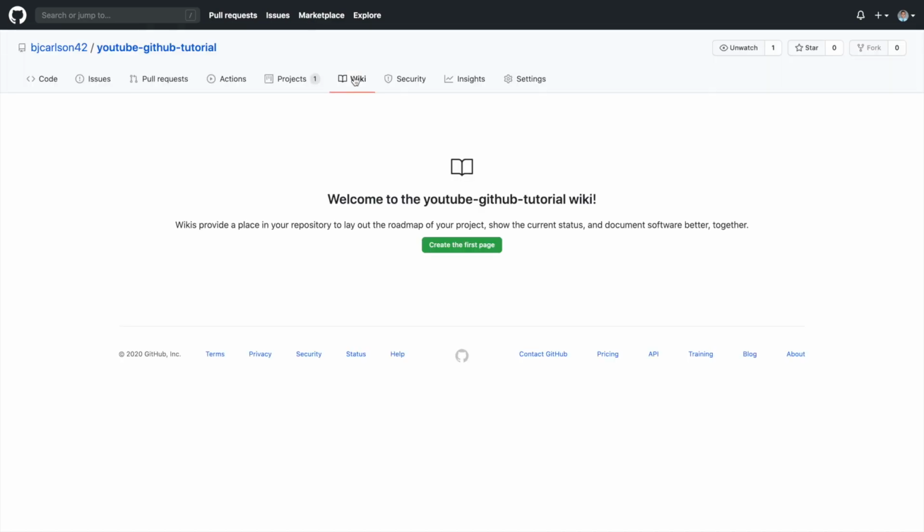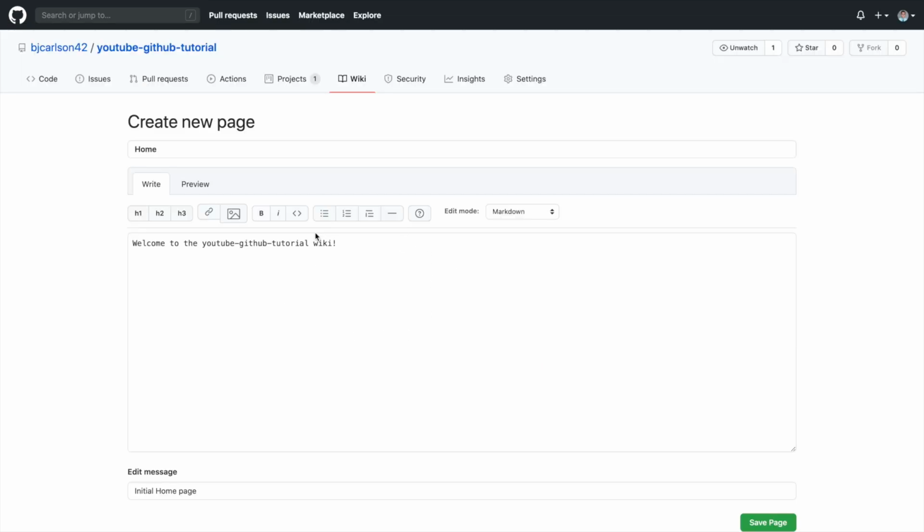So next up is Wiki. So here you can simply create a wiki page for your repository. So if I go here and create the first page, here we go, we have some basic template stuff. If I save this,